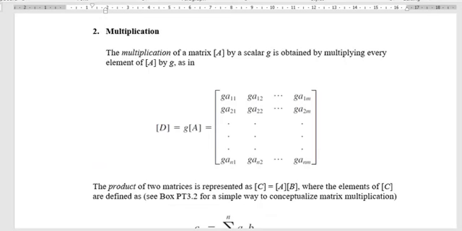And for the multiplication, the multiplication of a matrix A by a scalar G is obtained by multiplying every element of A by G. So if the D has elements A11 up to Anm, lahat na is multiplied by G. Okay, so the product of two matrices is represented as C, which equals A times B, where the elements of C are defined as